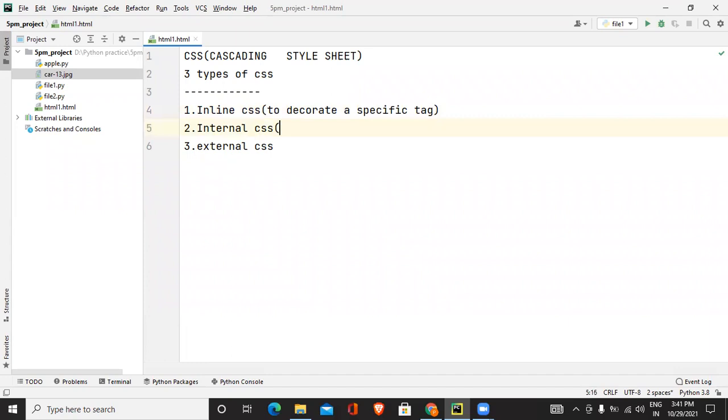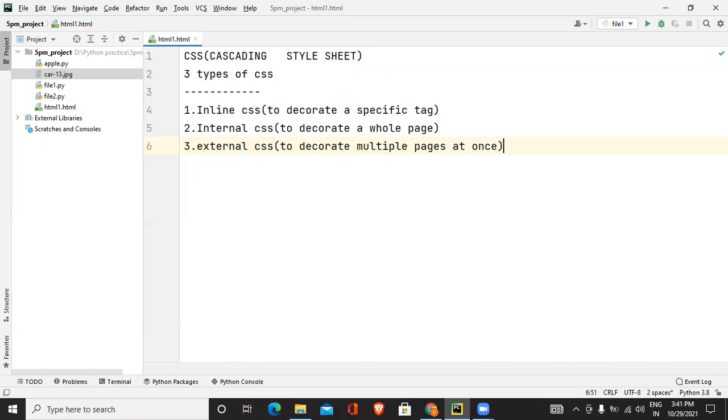Why do we use internal CSS? To decorate a whole page. Why do we use external CSS? To decorate multiple pages at once. We use inline CSS to decorate a specific tag, internal CSS to decorate a whole page, and external CSS to decorate multiple pages at once.